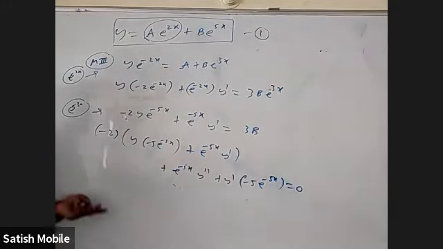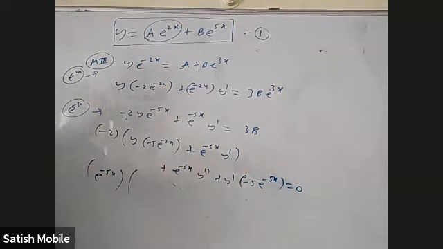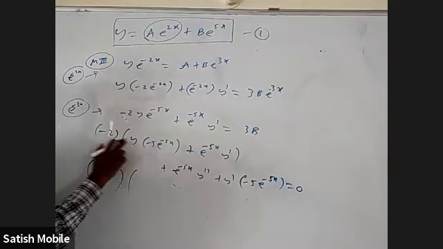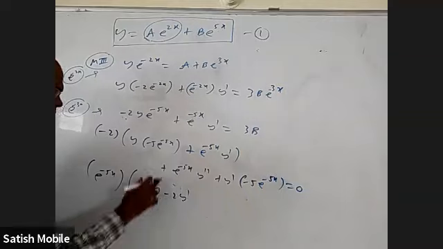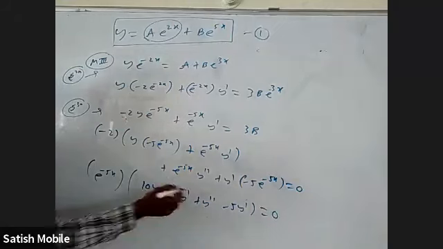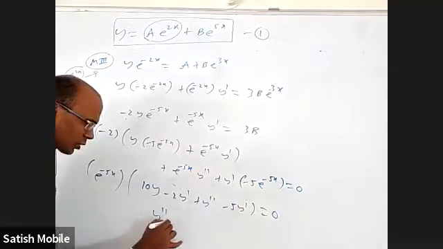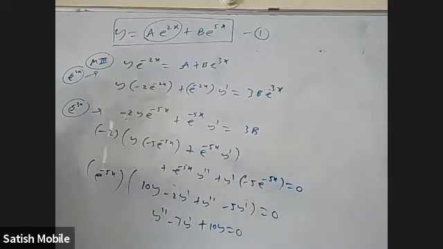Okay, now I got a differential equation, but it may not look as nice as what we want. We can get it: take e power minus 5x common all over. What are we left with after taking this? This is 10y. This into this is minus 2y dash. This is y double dash. This is minus 5y dash, equal to 0. We got it: y double dash and this together is minus 7y dash, plus 10y equal to 0. Okay, this idea is basically eliminating one by one.